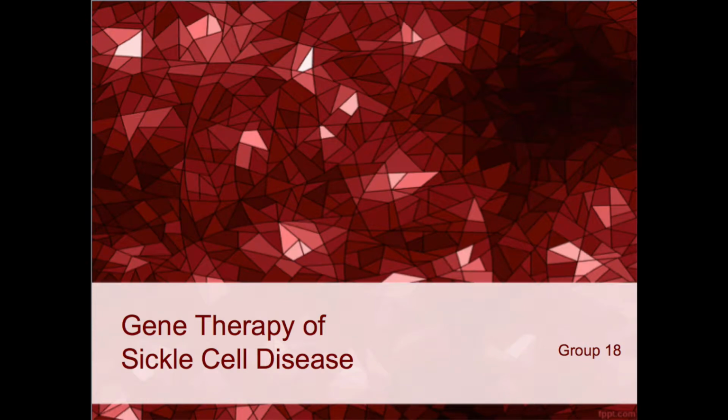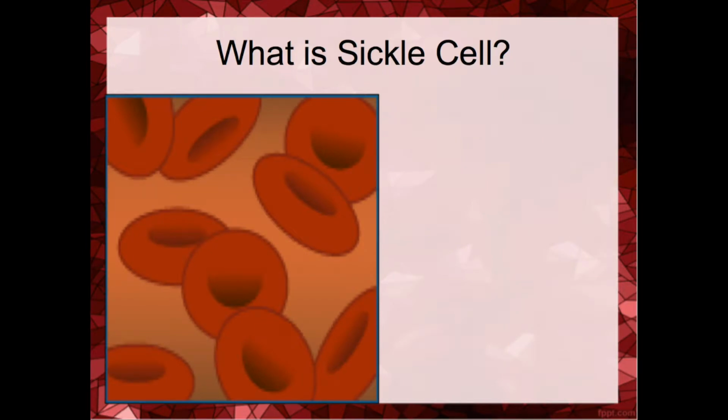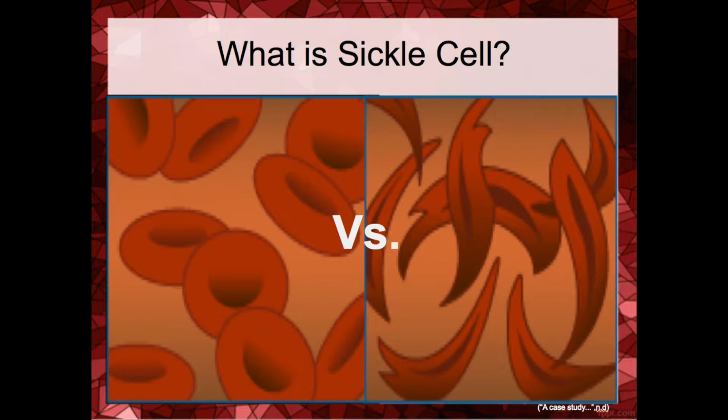Gene therapy of sickle cell disease. Sickle cell anemia is caused when erythrocytes, or red blood cells, become sickle-shaped. This sickling prevents the hemoglobin inside the cell from carrying oxygen, which can lead to anemia. The sickling can also cause the cell to clump and aggregate in low-oxygen environments, causing organ damage, inflammation, and ultimately